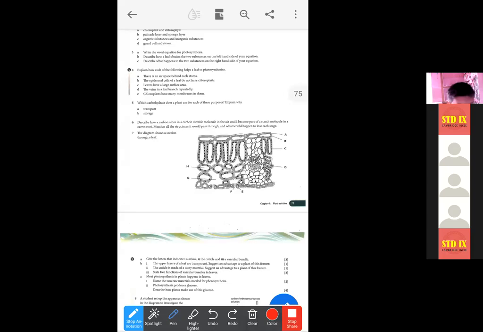It will be dissolved in water and transported through the phloem, right? And after it reaches its destination, that means where the food will be stored, the sucrose will again be converted into starch. So the carbon atom will pass from sucrose to the starch molecule. This is the last stage that you will have to write. So this is the journey of a carbon atom from the air to the starch, or the food stored inside the plant body.